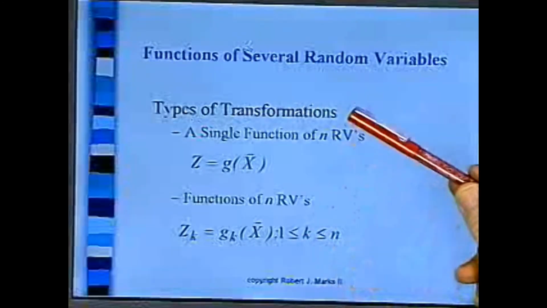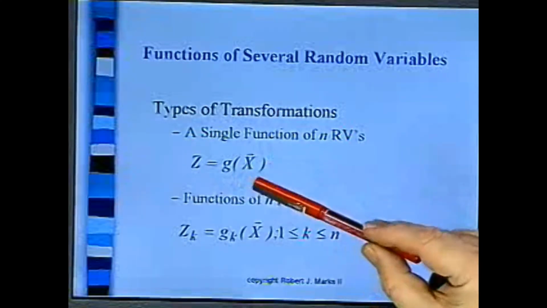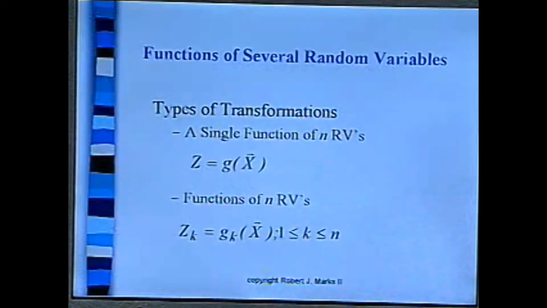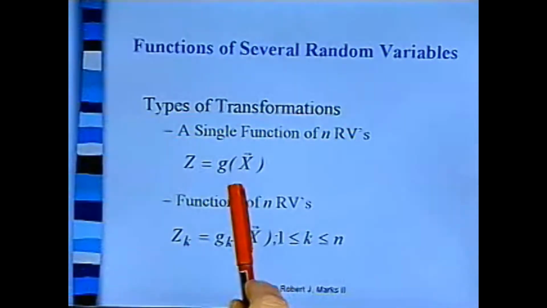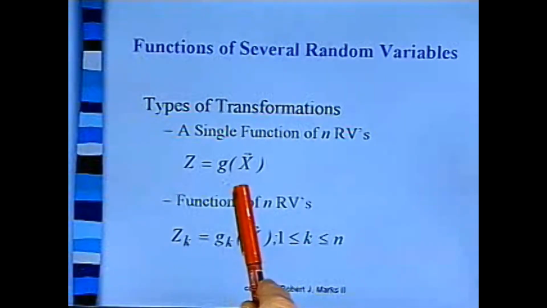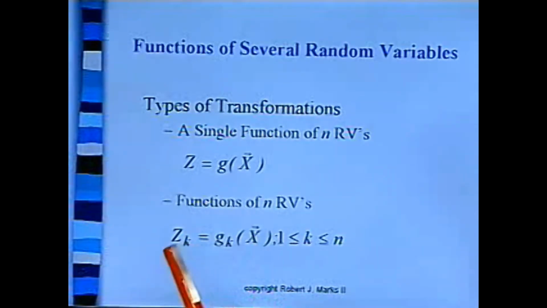We have types of transformations. We've talked about a single function of n random variables where z is equal to a function of x. And in fact, we spent time on previous lectures talking about where this g of x in 2 dimensions was something like x1 times x2, or x times y, x divided by y, x plus y. We found out x plus y, if the random variables were independent, corresponded to a convolution. But in all such cases, a number of random variables in the vector were aggregated or combined into a single number. Now we want to look at a case where we have a whole bunch of these random variables, and we're going to aggregate them into a bunch of more random variables,